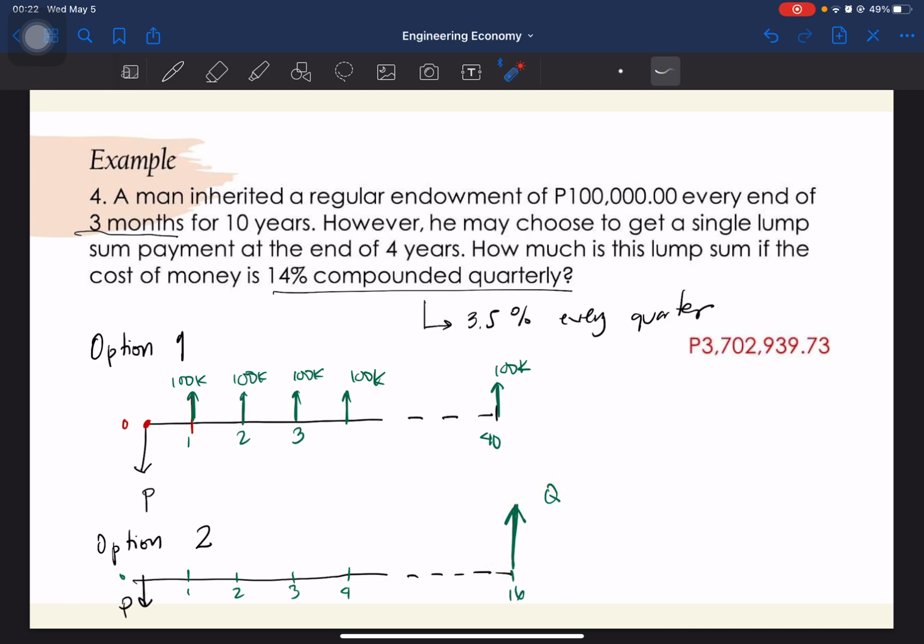Okay? So, ayun. What's the plan? Ang gagawin natin is ganito. If given this 100K every quarter for 10 years and the interest rate, malalaman natin kung magkano yung iniwan talaga sa kanya. And using that value of P, dadalhin natin tong P, uusog natin dun sa after 16 quarters, and then yun yung value ng Q. Diba? Very simple. Using solution 1,